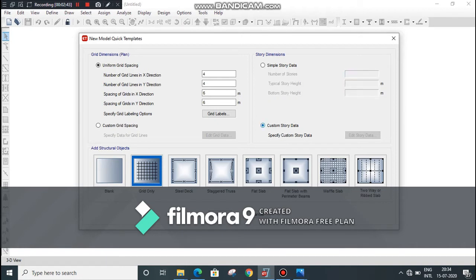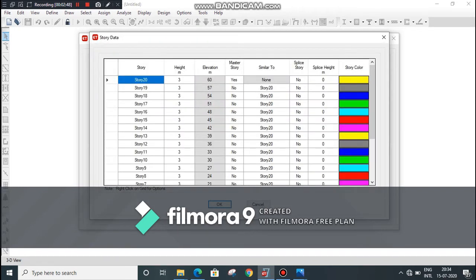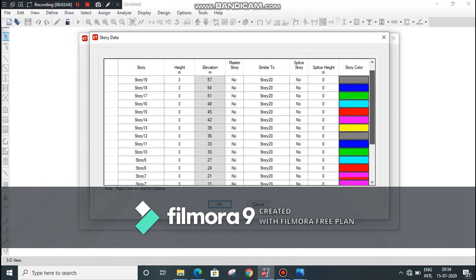Click on custom story data, specify custom story data. Click on edit story data. Now as we can see, story number 20 is selected as master story. It means that the rest of the stories from 1 to 19 have properties similar to story number 20, but in our case we have different plans for different stories.